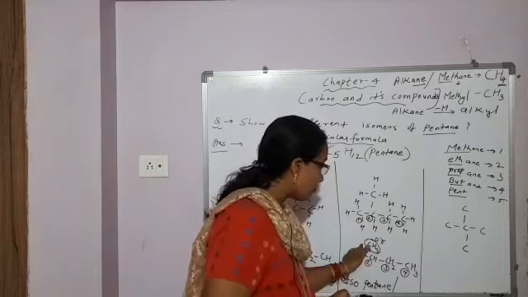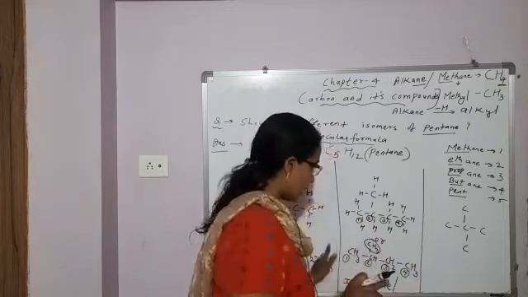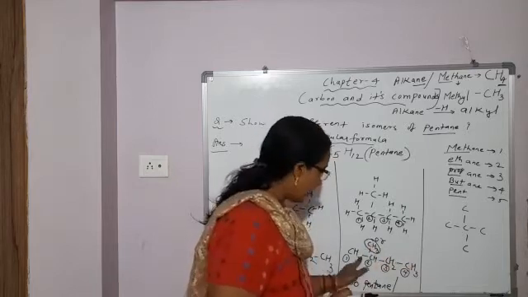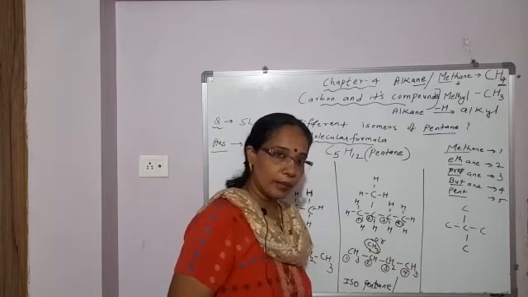When you use the term iso, students, that is for what? Second last carbon atom, one methyl group. So iso. Then total carbon you will see how many? 1, 2, 3, 4, 5. So pent. And between carbon atoms, single bond. So ane, isopentane. This is one way of naming.